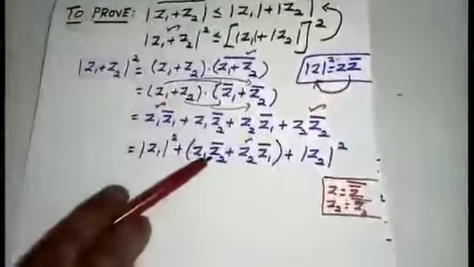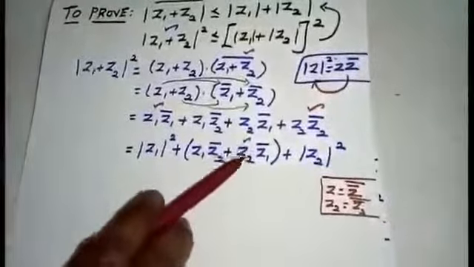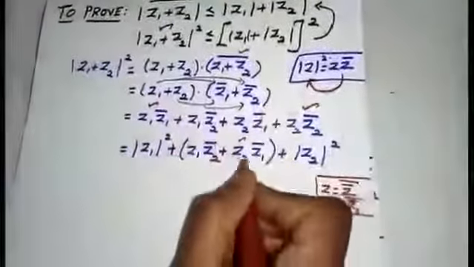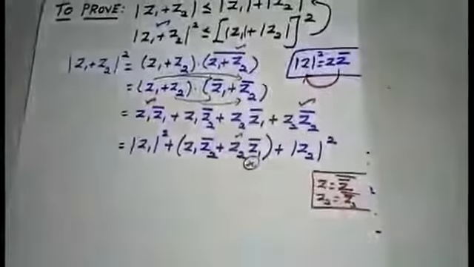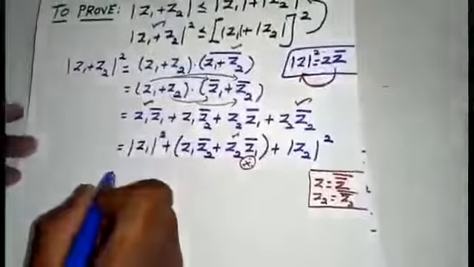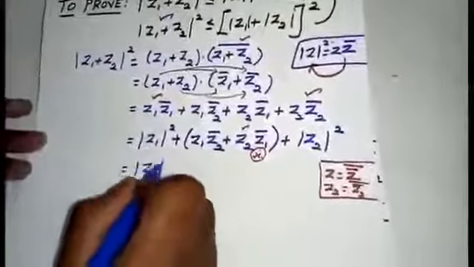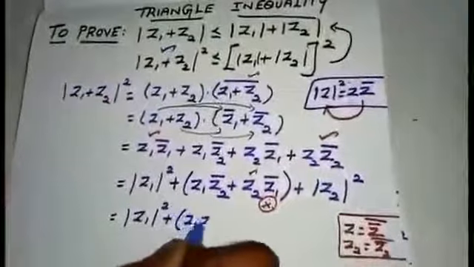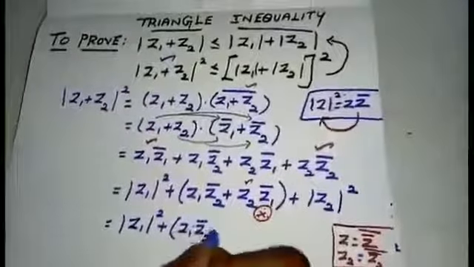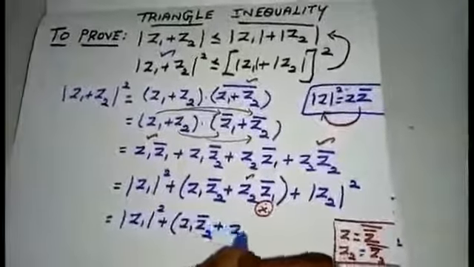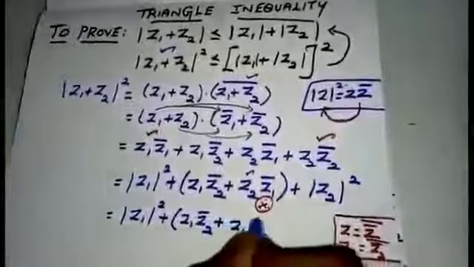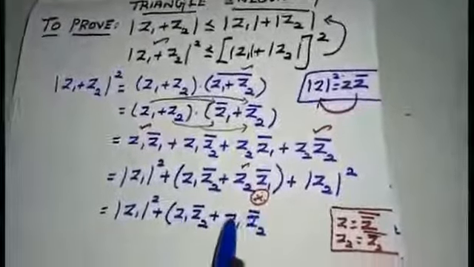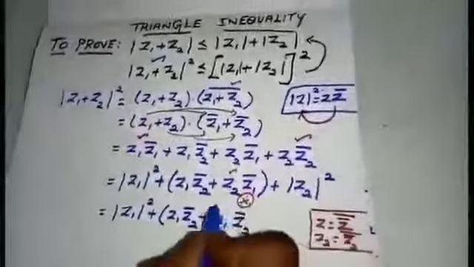that is Z1 Z2 bar. The second term inside the bracket should also be in this form, that is Z1 Z2 bar. So this place is very important. Just see here how I am going to write. That is modulus of Z1 the whole square plus Z1 Z2 bar plus Z1 Z2 bar. Just see here, students, both the terms will be looking same, but Z1 Z2 bar whole bar.